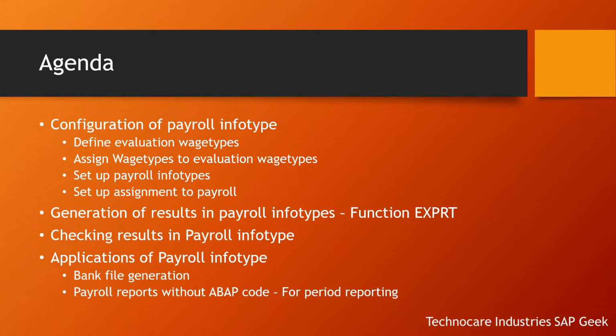When we write any ABAP code for fetching payroll results, and it is running for, let's say, 50,000 or 60,000 employees, to fetch results for bank file generation, or for any other customer specific reports based on RT, the payroll results table,